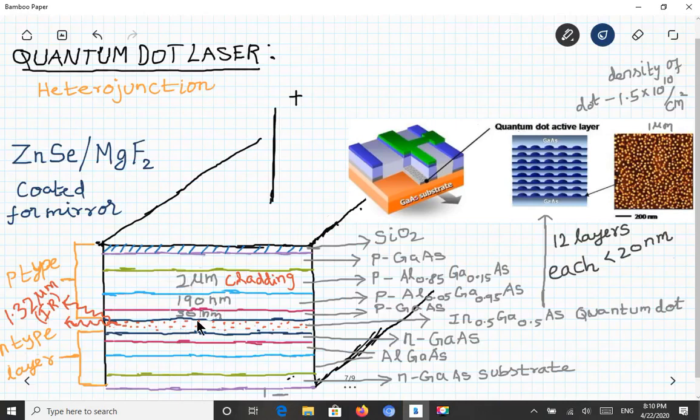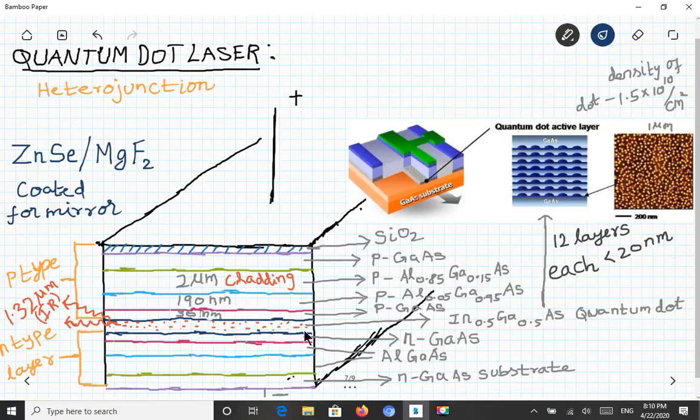Okay. Why do we need this cladding? Cladding is needed to make the light totally internally reflected from this active medium. The active medium will produce a laser of IR wavelength. So when it tries to escape, it will not escape due to the cladding refractive index. Once the cladding refractive index is low, the light produced from the active medium will get totally internally reflected back again to the active medium.